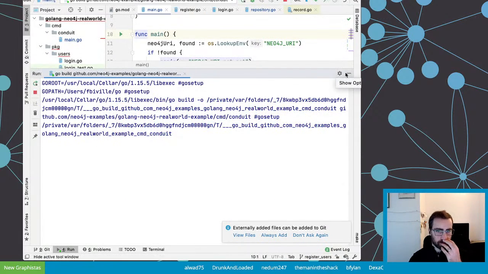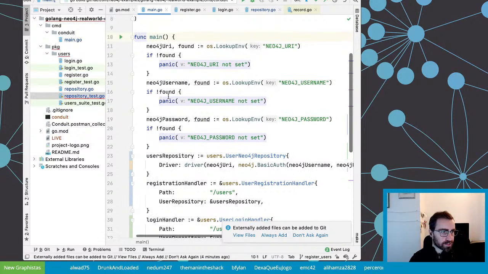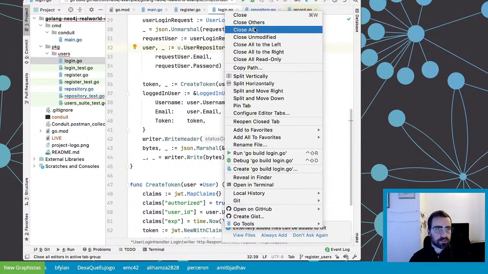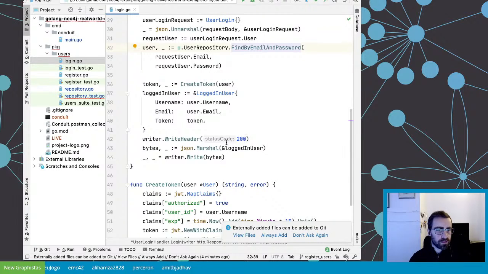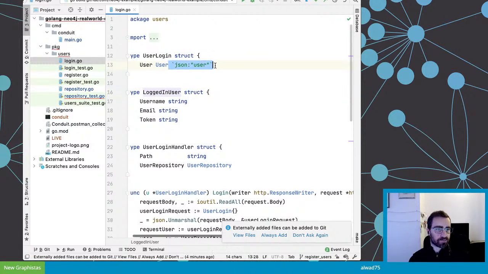Nice. Okay, so let's try to figure out what's going wrong with the serialization. And serialization should happen at the handler level, right? Not the repository stuff. So JSON Marshal, why are you doing this? I'm so disappointed. Oh, of course, because I forgot the JSON annotations. So of course it's not gonna work. So I just need to fix that.